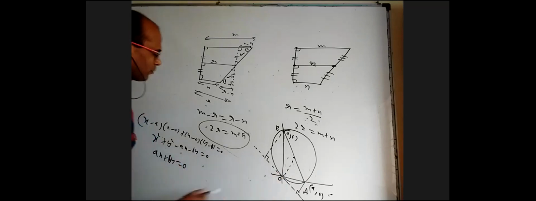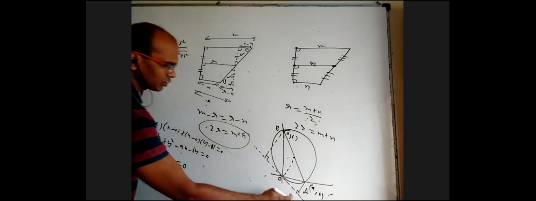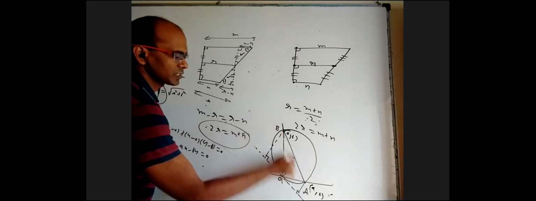Now, my M will be the perpendicular distance from 0 comma B to this, which is B squared by root of A squared plus B squared. N will be the perpendicular distance from A comma 0, which is A squared by root of A squared plus B squared. When you add M plus N, you get root over A squared plus B squared, which is the distance between them, which is actually the diameter. So there also we can prove M plus N equals the diameter.